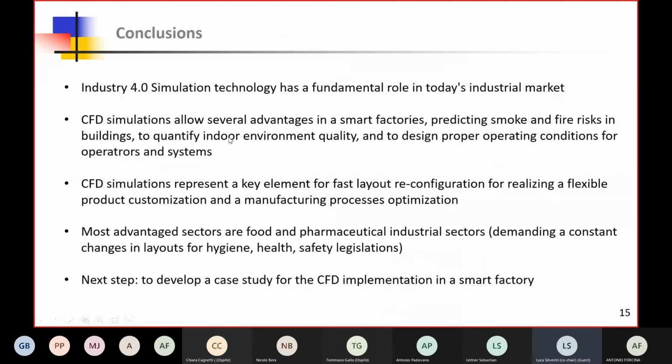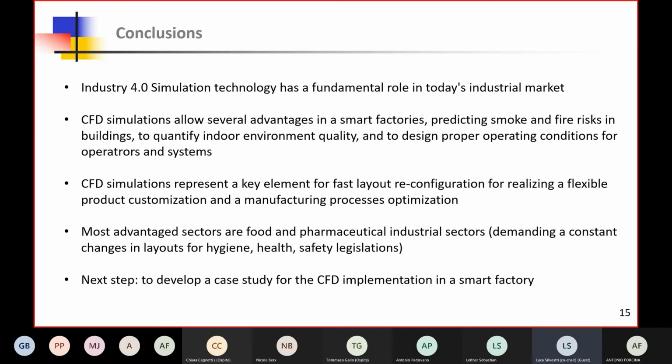In conclusion, I can say that the Industry 4.0 simulation technology has already a fundamental role in today's industrial market. In particular, CFD simulations allow several advantages in smart factories, predicting smoke and fire risk in buildings, but also to quantify indoor environmental quality and to design proper operating conditions for operators and systems. CFD simulation represents a key element for a fast layout reconfiguration, for realizing a flexible product customization and manufacturing processes